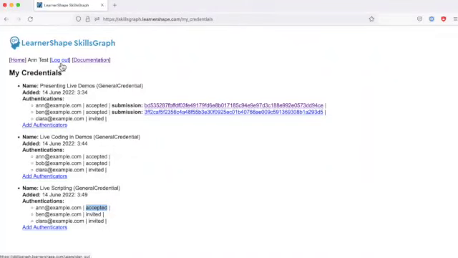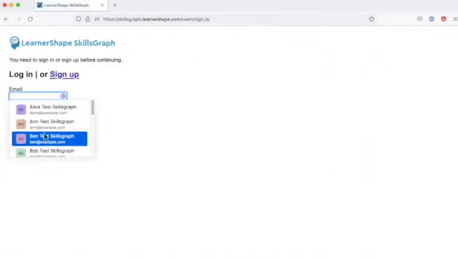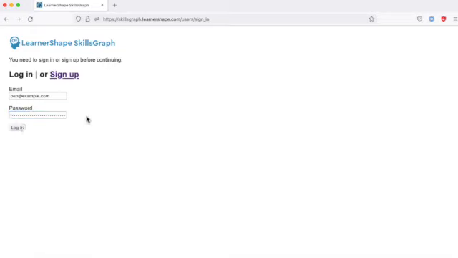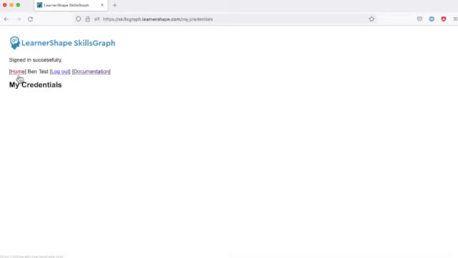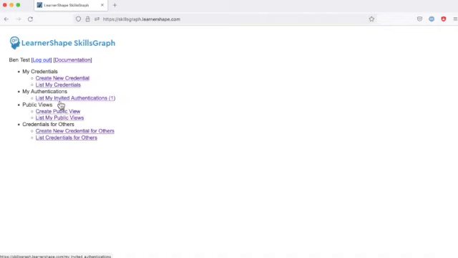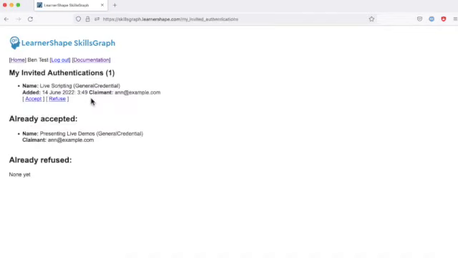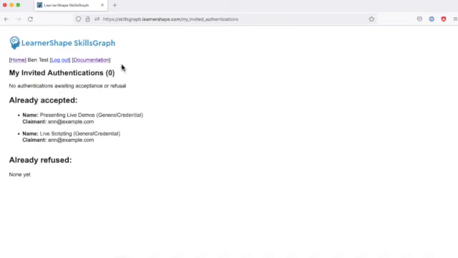But for now, we're just going to log out as Anne, log back in as Ben, and see we now got a new invited authentication. That's the one we just created, live scripting from Anne. If we refuse it, we just fall off the edge of the list. If we accept it, then we also fall off the edge of the list, but we are now an authenticator